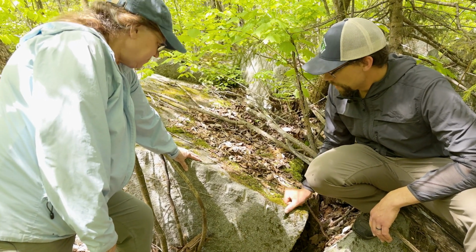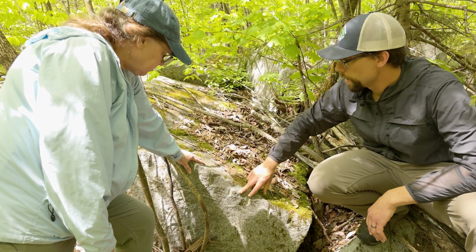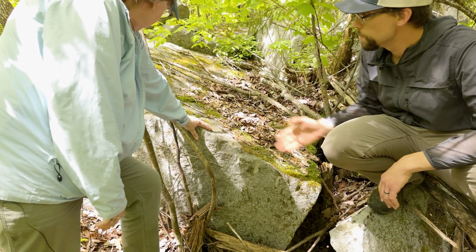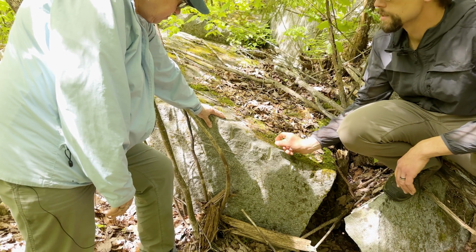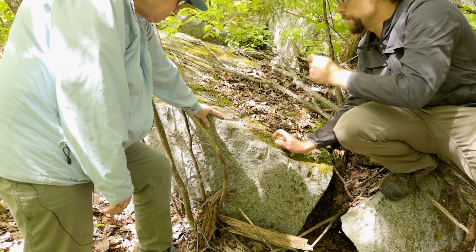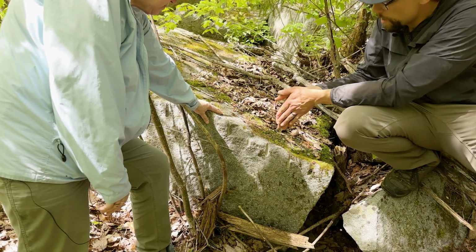Yeah, so early on when this quarry first started having rock extracted, you would drill a small hole into the rock. You try to find where the grain was of the rock to the best of your ability. And then every 6 or 8 inches or so, you drill a small hole and you put a couple of metal wedges in that hole. And then with a hammer, you go up and down the line, you tap each one. And you'd keep tapping them and driving more and more pressure into those wedges until eventually the rock would split